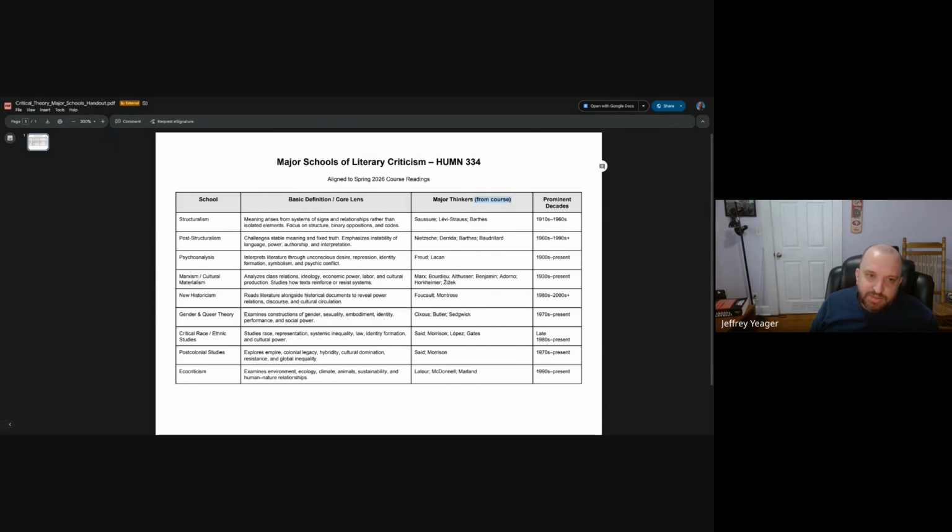The chart doesn't talk about it, but one of the developments in America around the 1940s, 1950s was a school called the New Criticism. What the New Criticism wanted to do was make the study of literature... There's actually a supplemental reading on it in our Moodle shell for this week. It is the reading on Russian formalism and New Criticism. Check it out.